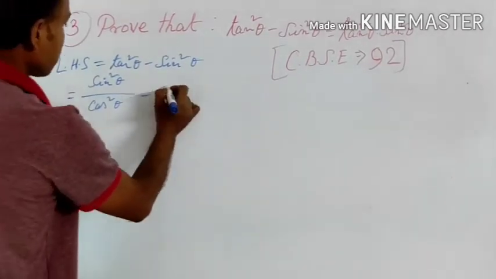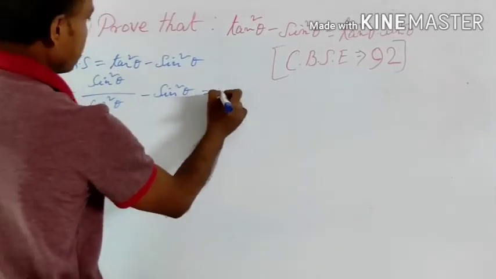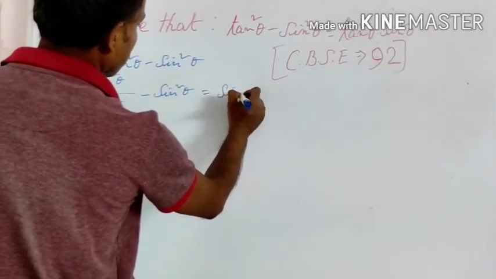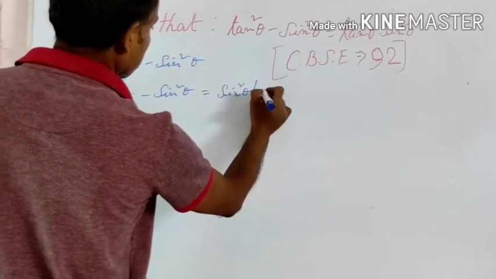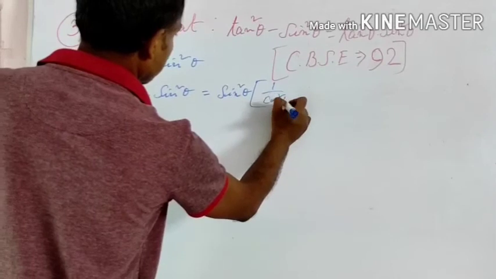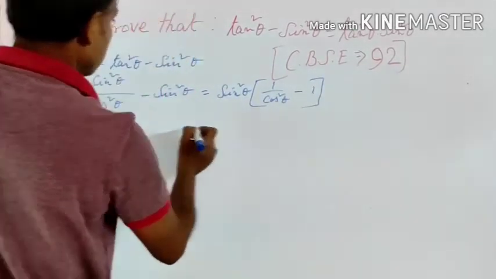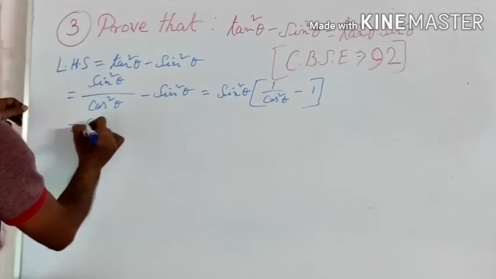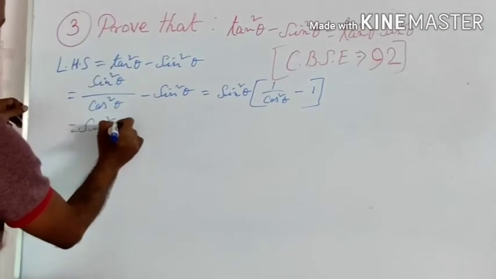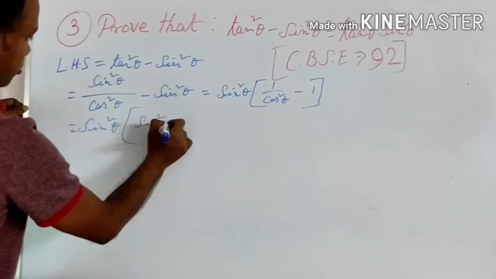So this is sin square theta by cos square theta minus sin square theta. Taking sin square theta common, 1 by cos square theta minus 1. So 1 by cos square theta is equal to sec square theta